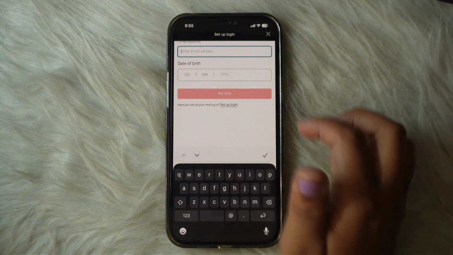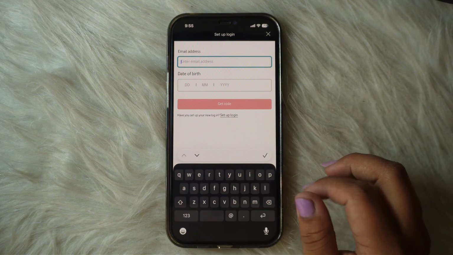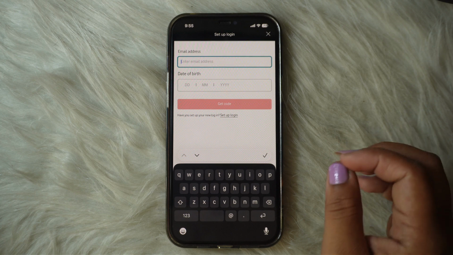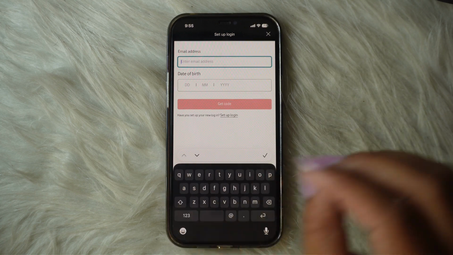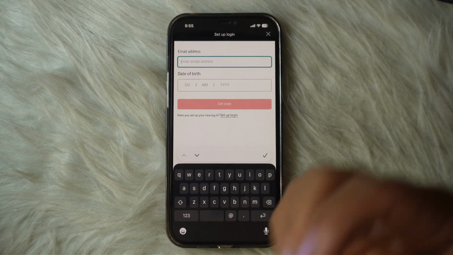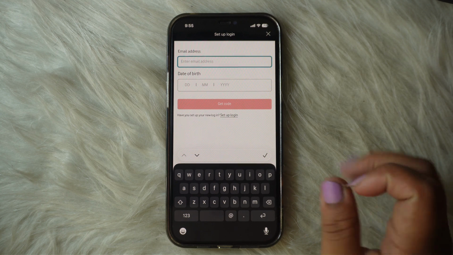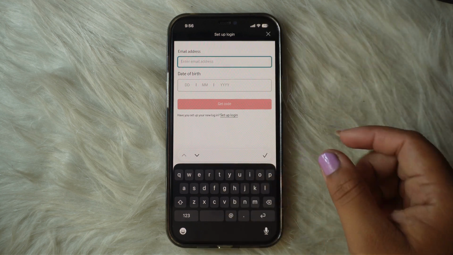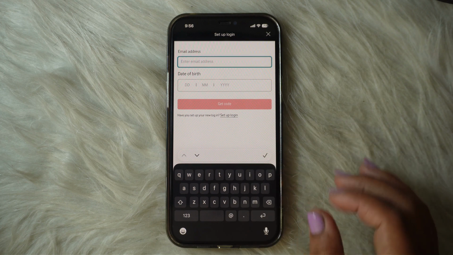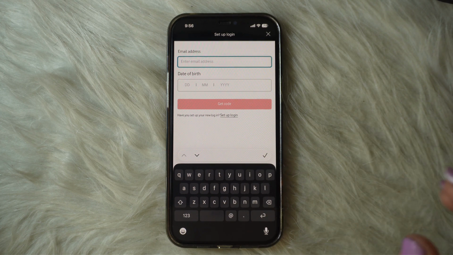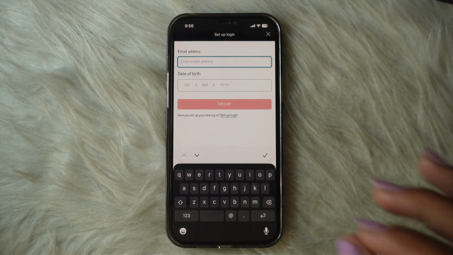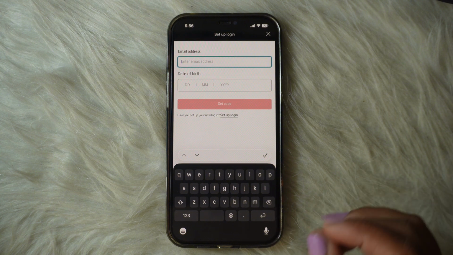and your date of birth, just like this. Then tap on get code, and you will be getting a code on your email address. All you need to do is type that down in order to verify, and after verifying it, here you would need to add in your new password, and for the confirmation you would need to retype that password. After doing that, simply tap on save, and just like that you will be able to reset your Vodafone account